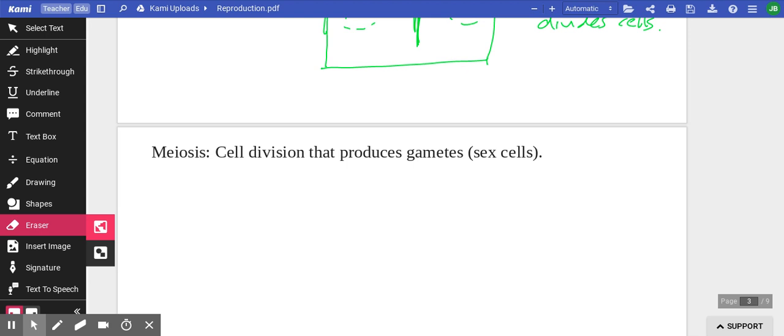We are going to take a look at meiosis. This is the type of cell division that produces gametes or sex cells. Unlike mitosis, that produces cells that are identical to the original cell, meiosis produces cells that have half the original amount of DNA. So mitosis